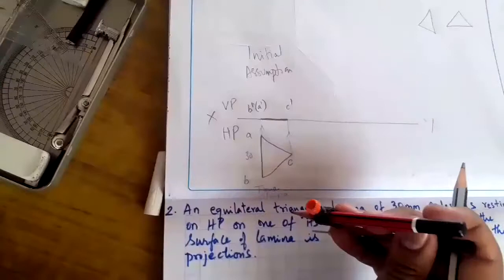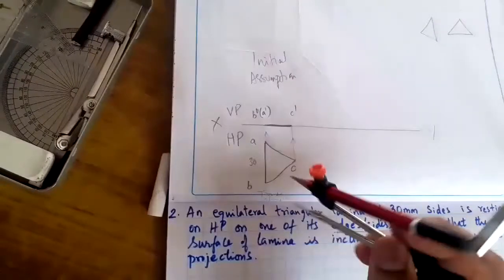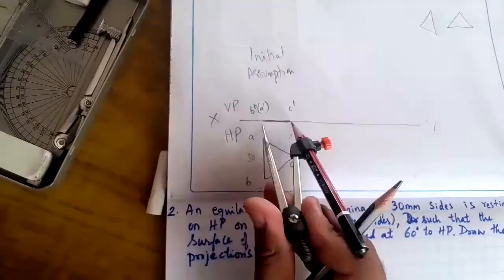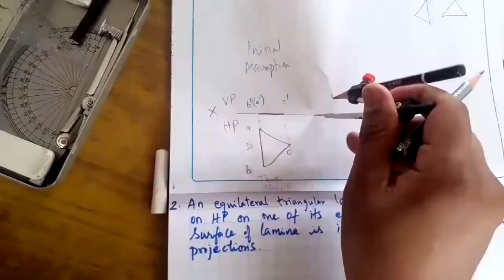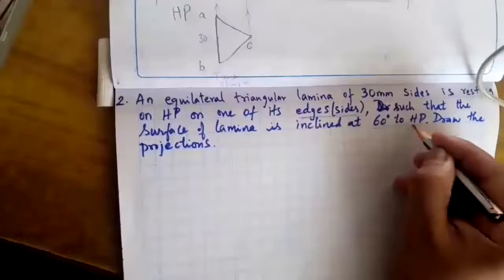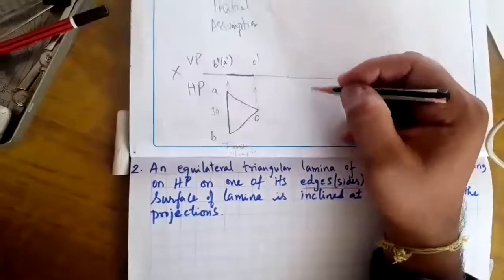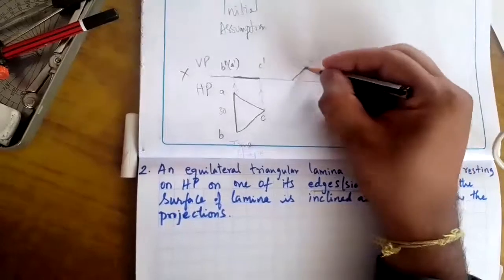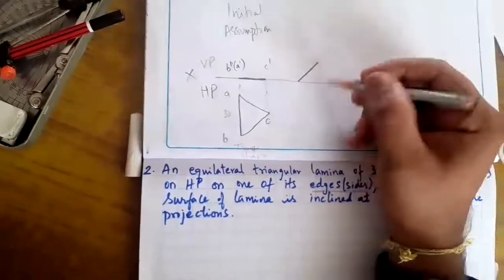to this front view. I'm going to pick it up and place it here and then draw an arc here at an angle of how much? At an angle of 60 degree to HP. 60 degree to HP, I'll draw a line. From here 60 degree, I'll draw a line and then cut it at this position. So this front view, I have shifted it successfully to the new position.